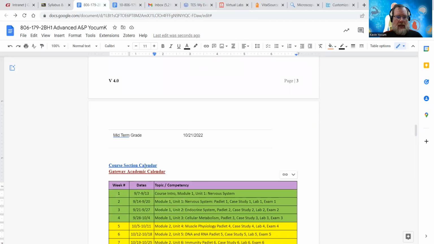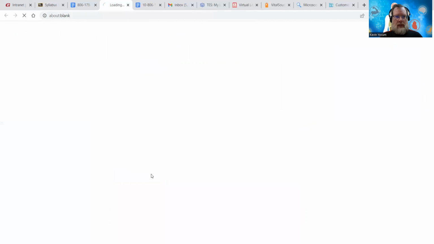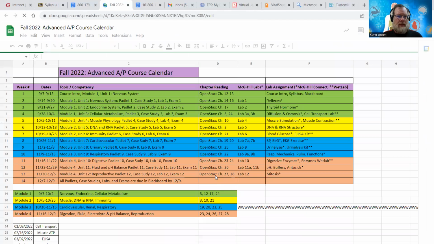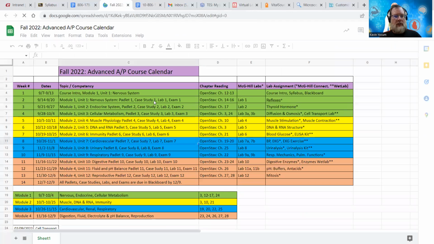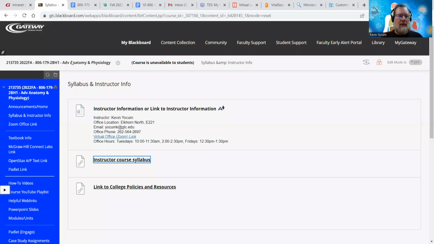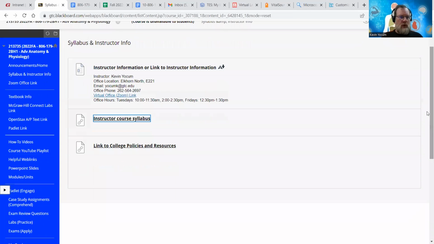Oh, and you can access it if you click course calendar and then click that. And sure enough, you see those typos are still in there. I'm not going to go through and fix those now. But anyway, it's the same calendar. This just breaks down maybe a little more detail regarding some of the course labs and different things like that. But anyway, that's that for the syllabus. Let's keep moving. There's a few more things we need to discuss.